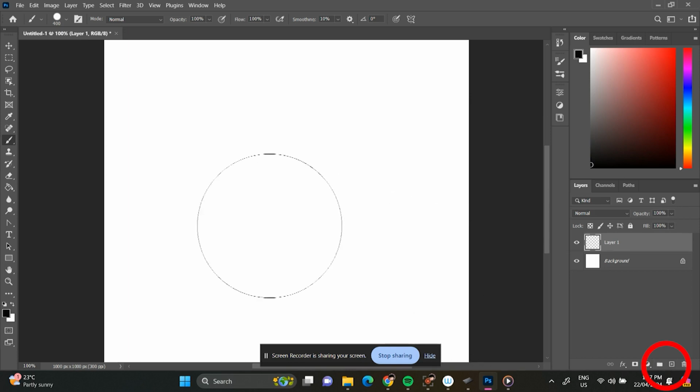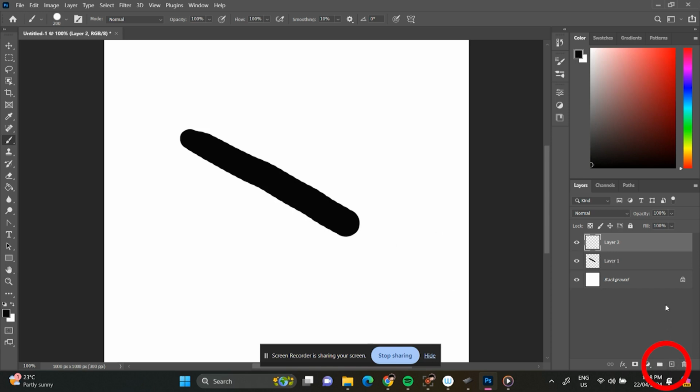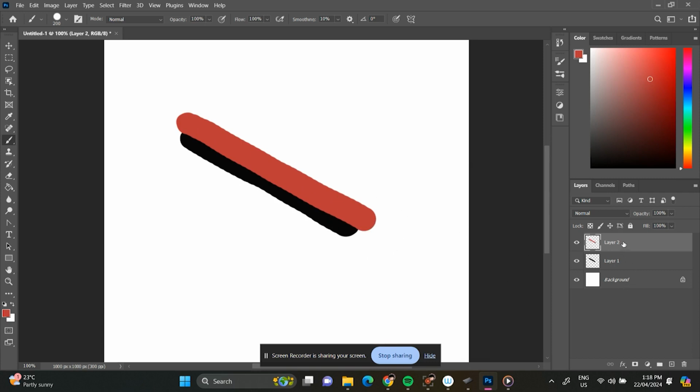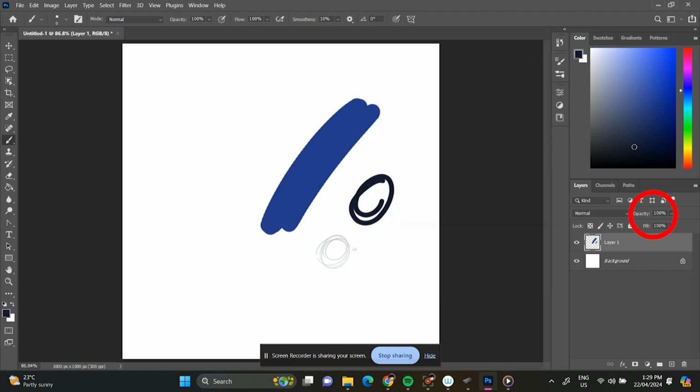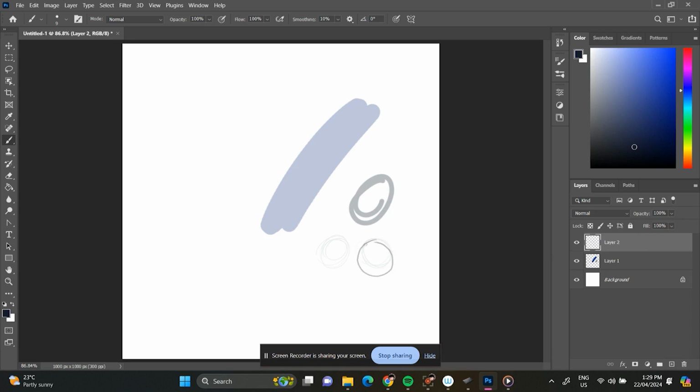We are gonna start with layers. You can create a new layer from here. Layers allow you to edit and modify things in the layer without affecting the other ones. The point of it is that the top layer will cover the bottom layer, and you can move them around. You can also modify the opacity from here. If, for example, you make a sketch, you can lower the opacity from here, and then in another layer you can do your work, and it will be easier for you to see,